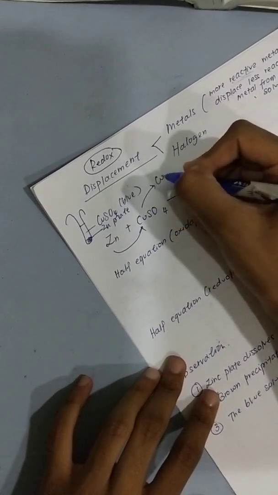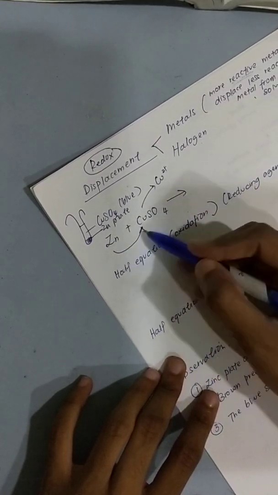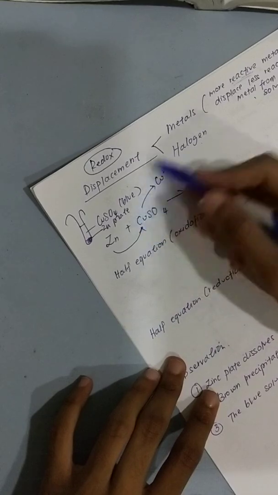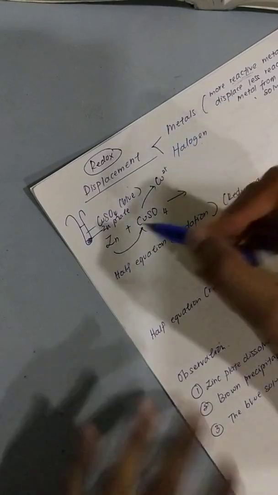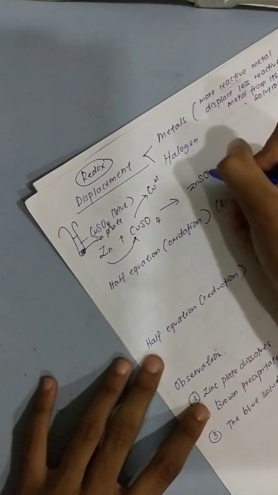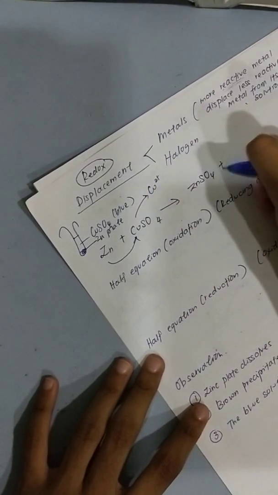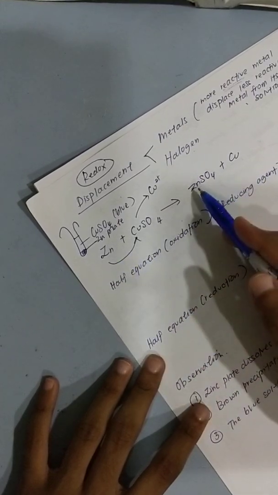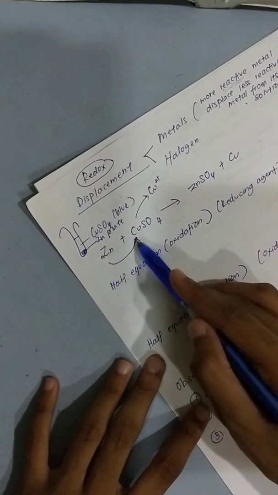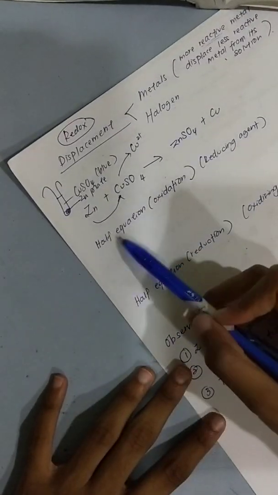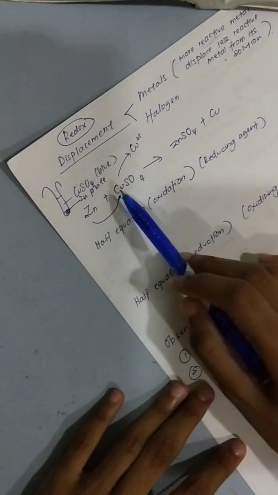Here the copper is Cu2+, right? So it will kick the Cu2+ ion out and displace it, because now the position of the copper has changed. That's called displacement. Displace means you are changing the position. So what happens is it will form zinc sulfate, whereas the copper will accept the electrons and become a metal. So this is called displacement, where you displace the metal. The more reactive will displace the less reactive. So for this equation, who is the oxidation, who is the reduction? Because this is a redox reaction.